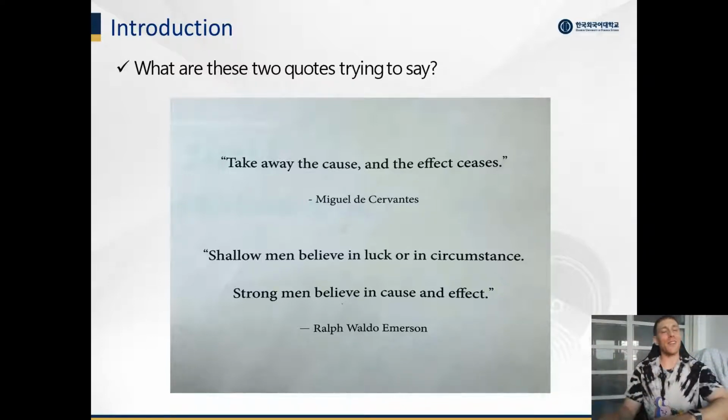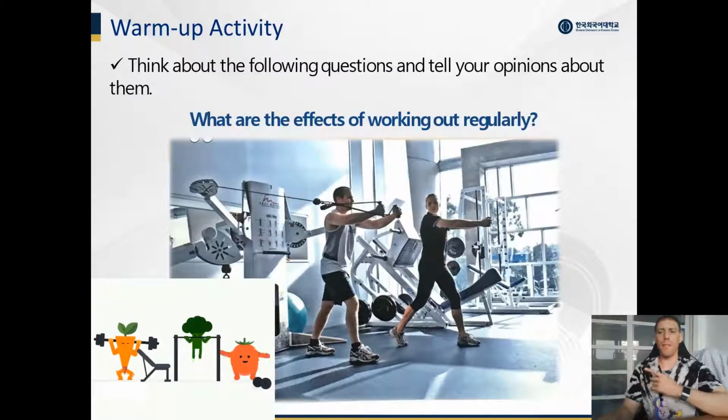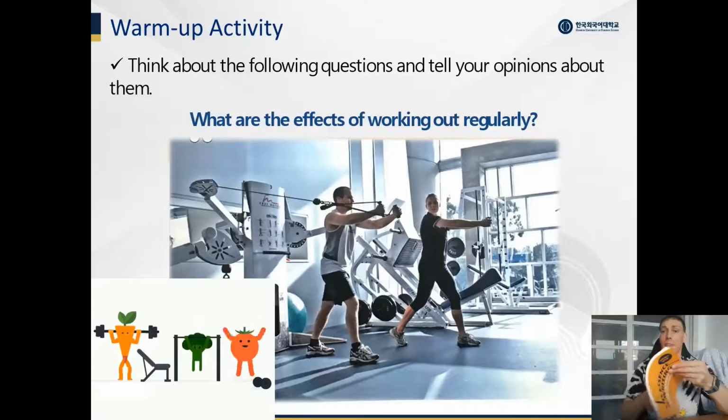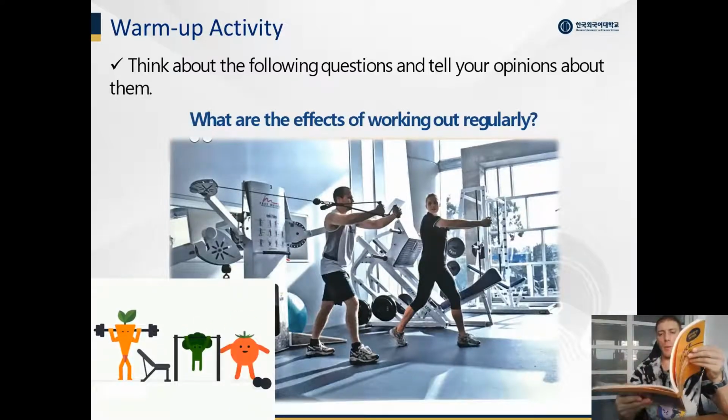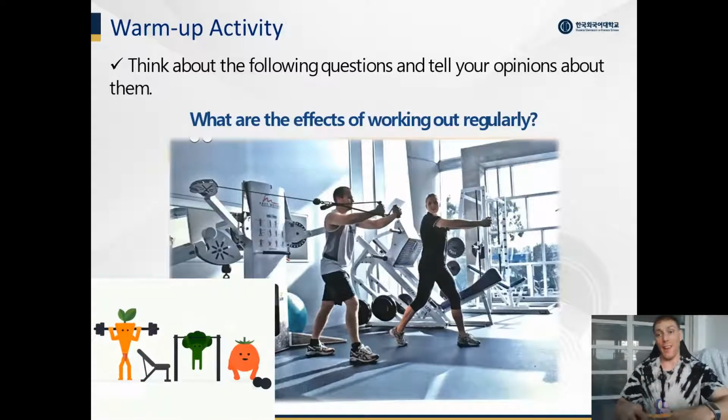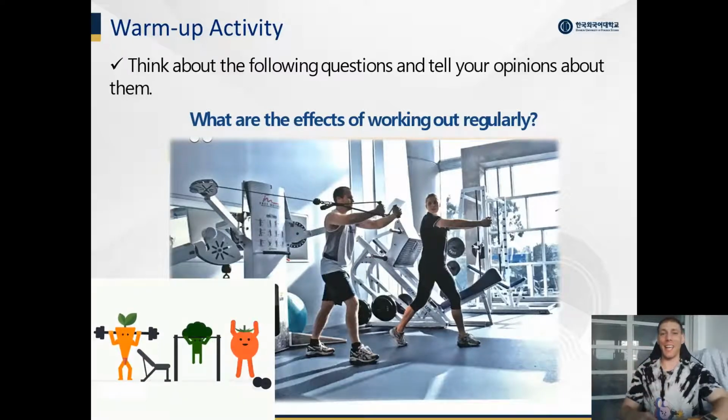But when we come to writing, we can write it in a few ways. So let's go through and try to see what we have. Now, as you can see with my funky little fruits and vegetables over here that are working out, what do you think? Try and tell your opinions about them. So, in your writing book, when you get there, you can see there's always a small section where you can write. You can write down what is your opinion about the effects of working out regularly. So all you have to do is just think about some of the good things that happen because of working out. So try to think about the effects. What happens at the end when you have worked out? So you can pause it,